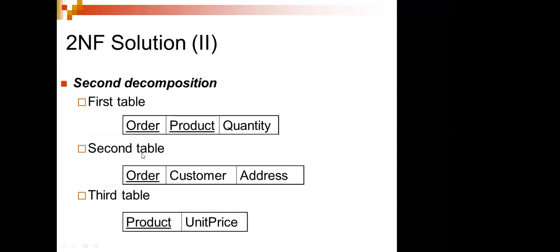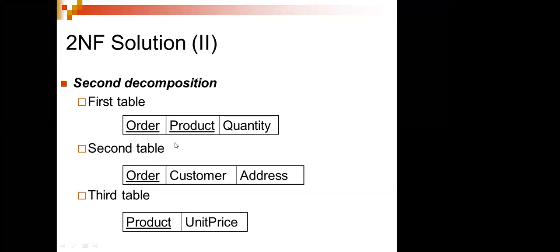So if you see, the first table is the master table. Order and product come from these two tables. The second table depends on this, and the third table depends on the first table, because all together I have it here. When I say order, I get to whom you ordered, and his address and name. Now when I say product, what product he has purchased, if I want to know the product, I'll jump over here and I'll see the price.